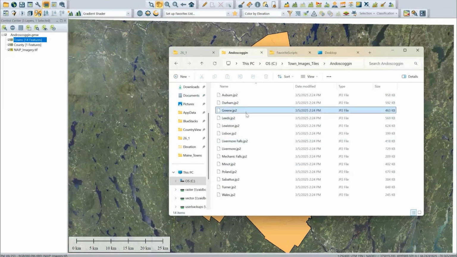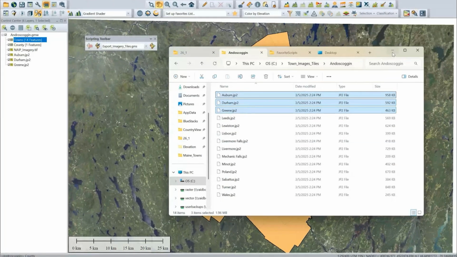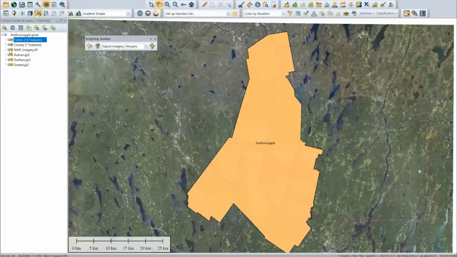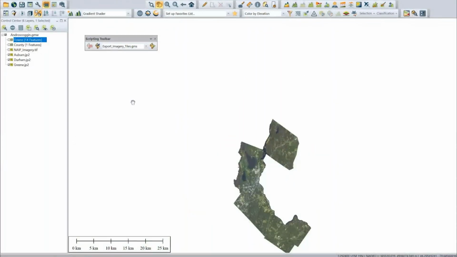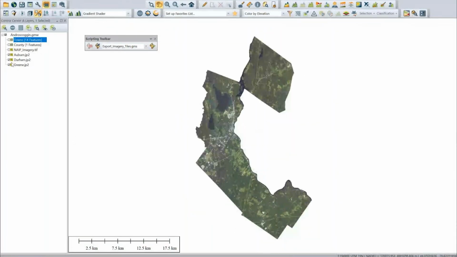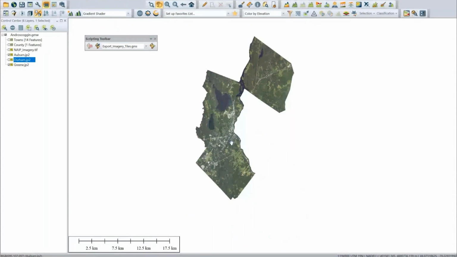And I can load a few of those, and we can see that the result of that script is just some custom tiles of imagery based on my town polygons here. Of course, this can be done through the Global Mapper user interface with an export. This is a fairly simple workflow, but if I'm repeating this workflow for, say, multiple data sets, and I'm able to generalize it to a script